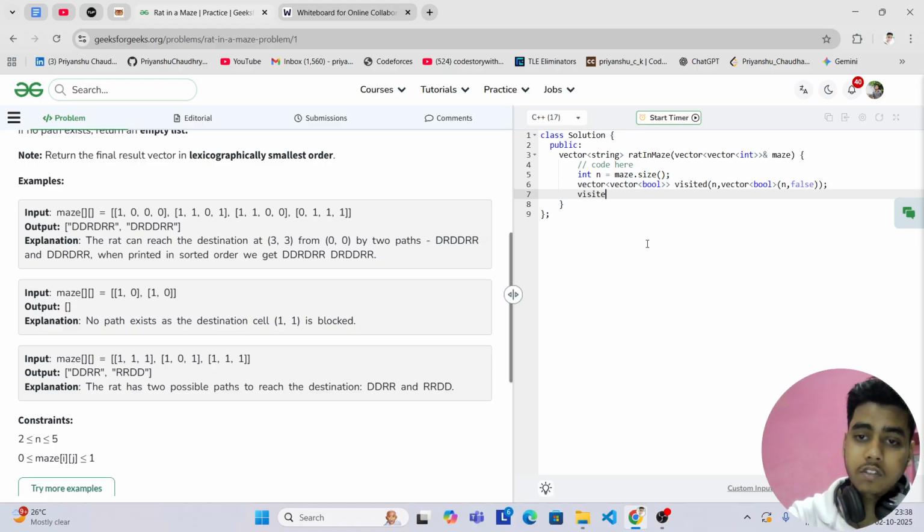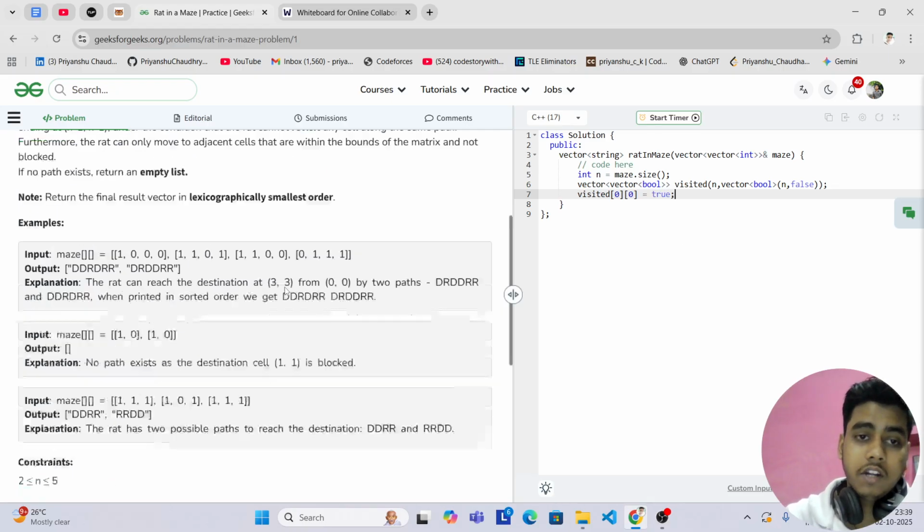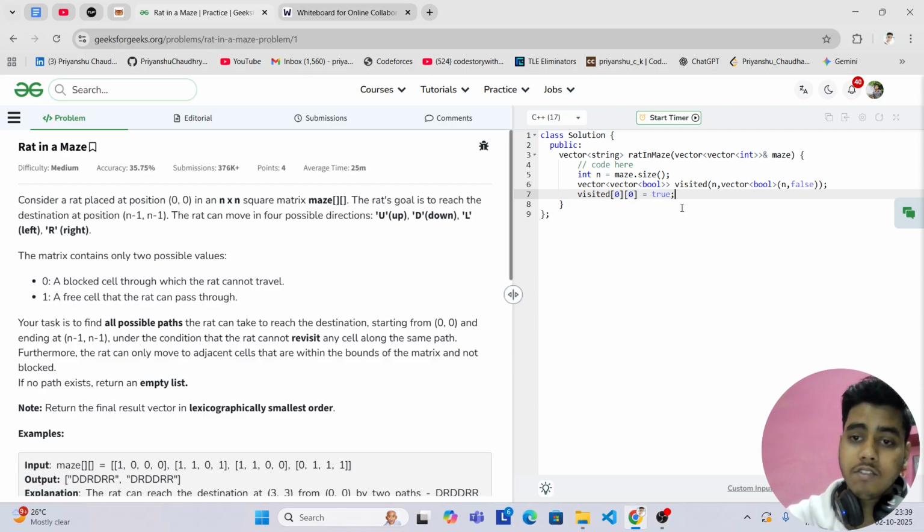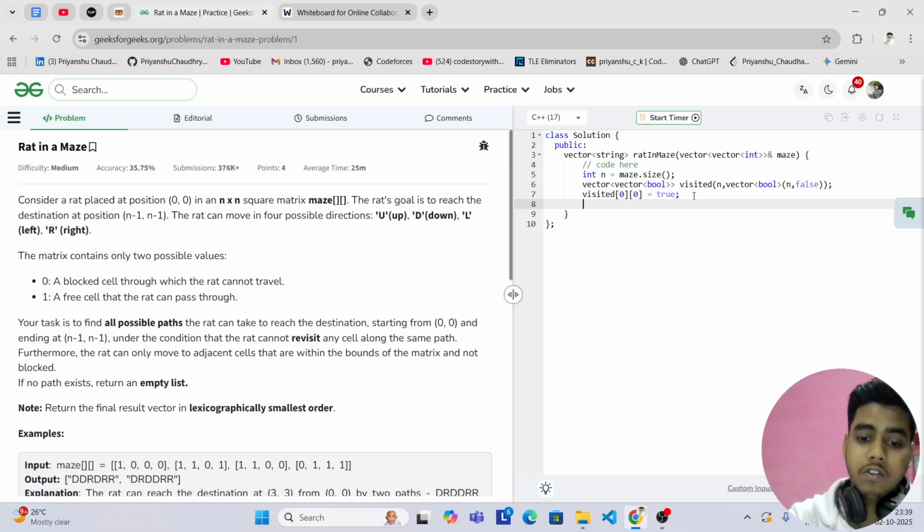and initially I will mark all the cells as unvisited. Now before visiting the first cell, I will mark this as true because I am standing at the current cell. All right, because our rat is standing at the first cell. Now I will call